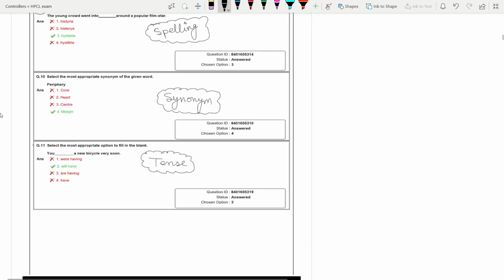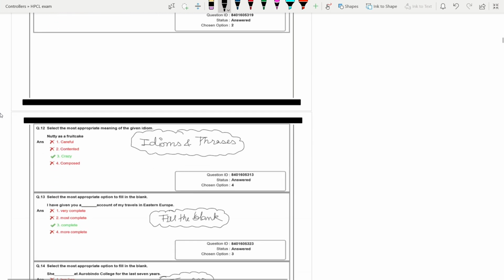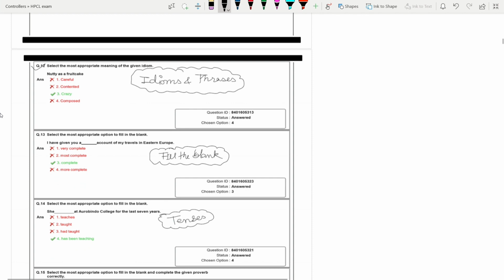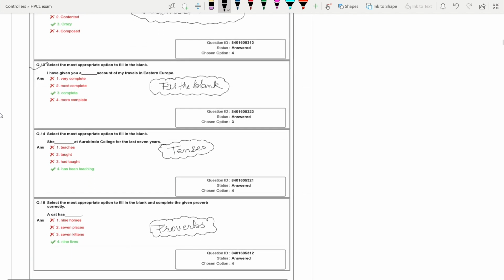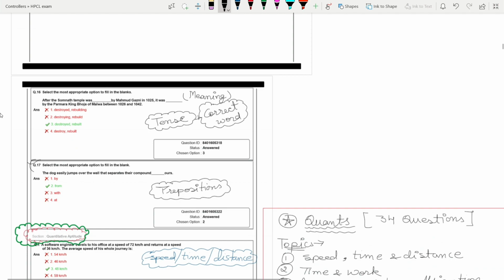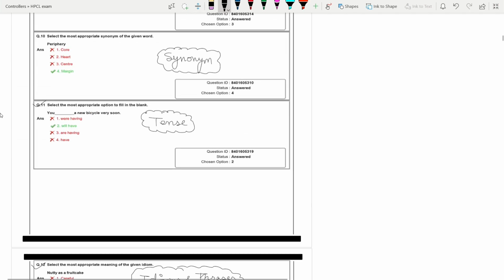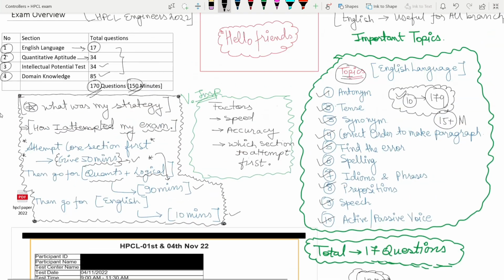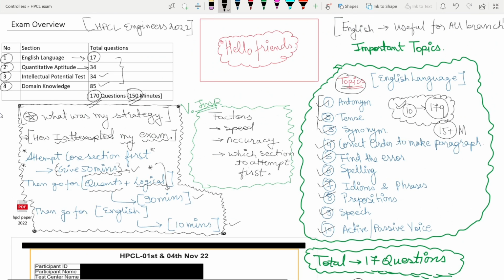Then for the 11th question you have tense use, and idioms and phrases are also included in the question. Here is also a fill in the blank, and tenses, proverbs, and at last they have asked for the preposition. So as far as the English section is concerned, you can just focus on all these topics, and they are going to ask only from these topics. Once you know all these topics and all the concepts, related terms and definitions from them,